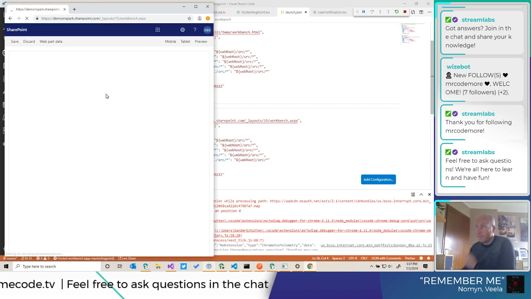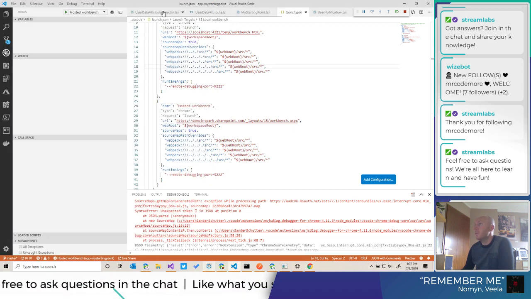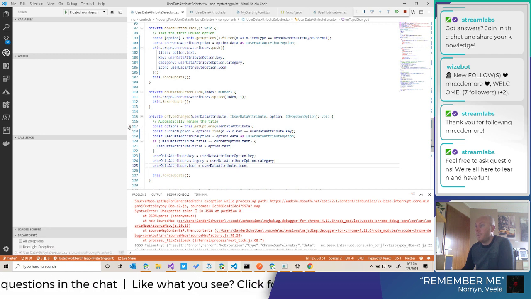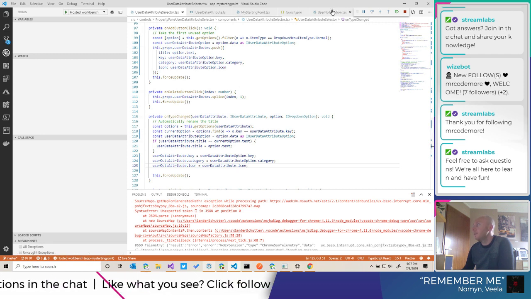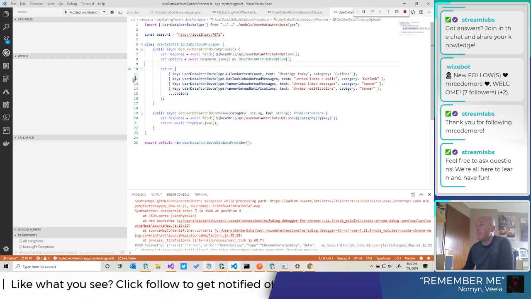Right, so now we're in the same workbench, but this time in debug mode. So let's set a breakpoint, let's see what we get back.